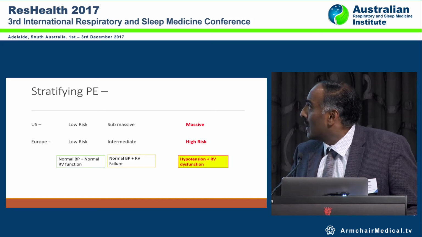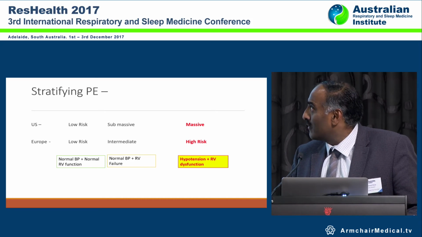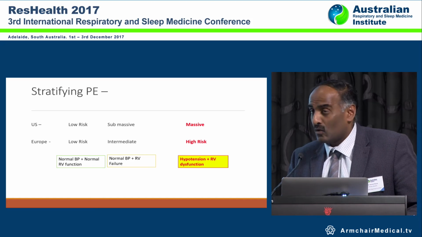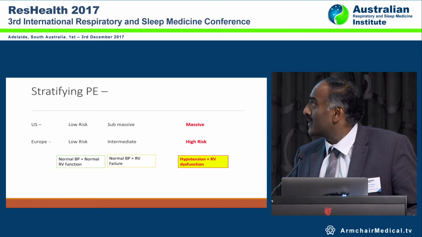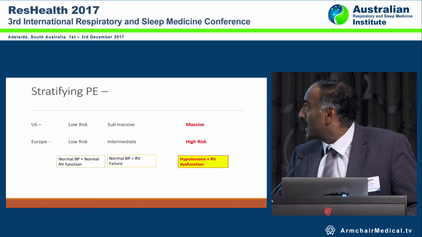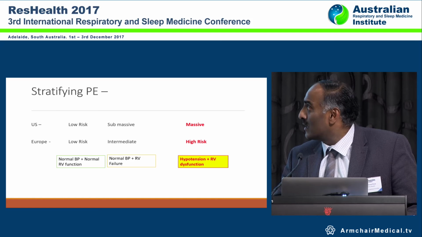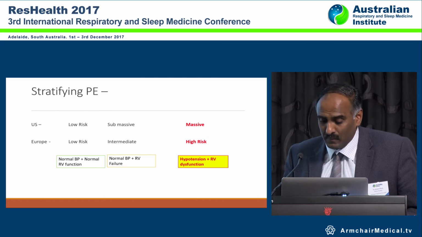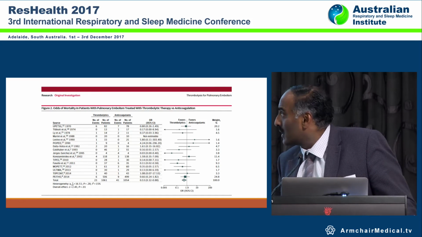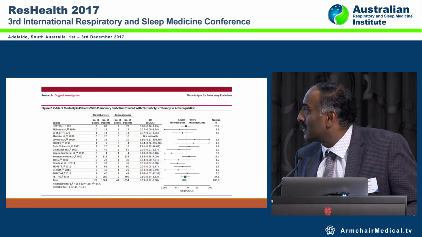So the area we're discussing for thrombolysis, and the controversies about using these agents, are in this group. Here, it's almost standard practice because the benefit outweighs the risk. And here, this is where the jury was out. Now, these are the list of studies. And as you can see,